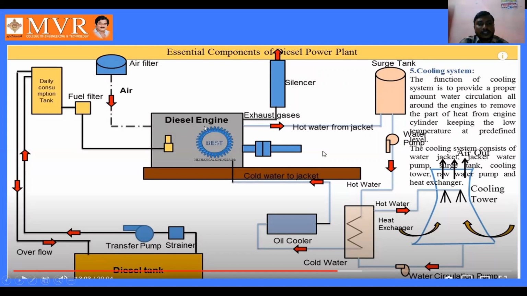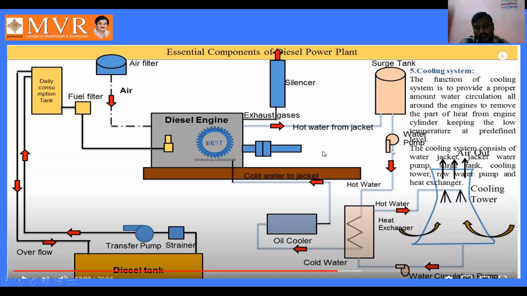And what is the hot water we are generating here? The hot water from the jacket is going to enter the surge tank. From the surge tank it is going to enter this heat exchanger by using the water pump. See here, in the heat exchanger, one end is connected to this surge tank by using this water pump,